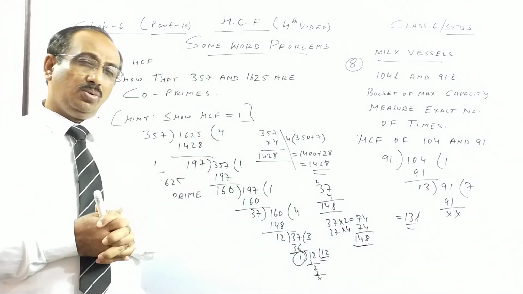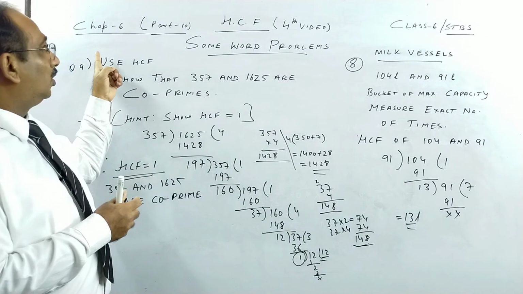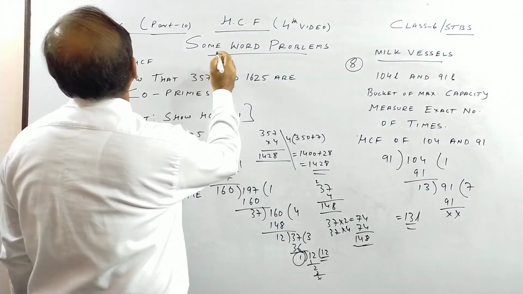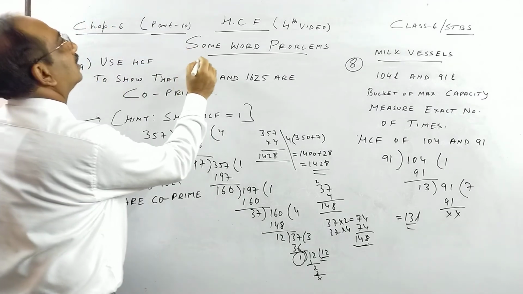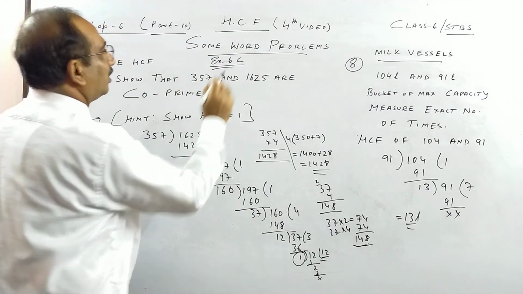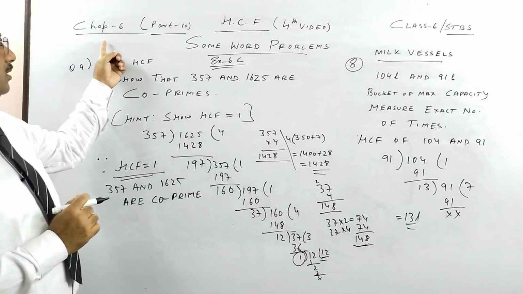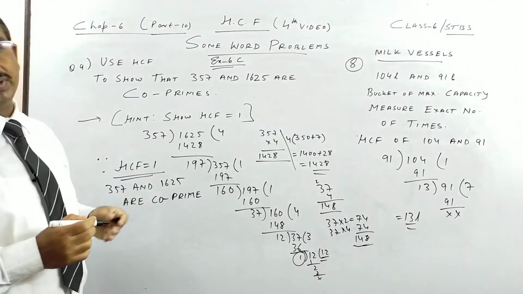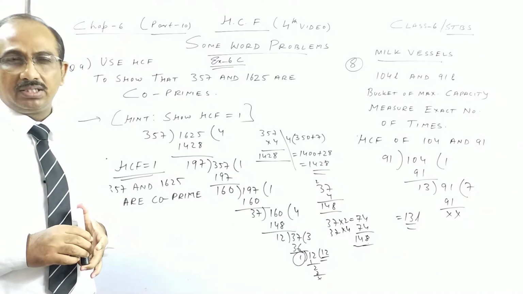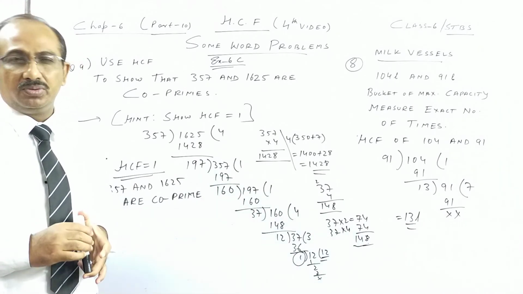But this is enough for you. So we had 6A to 6D. So this is exercise 6C. Okay, this is exercise 6C, and this is my 4th video, and this is the 10th video on chapter 6, which is playing with numbers. So please do them nicely, children. They are very important for your future.